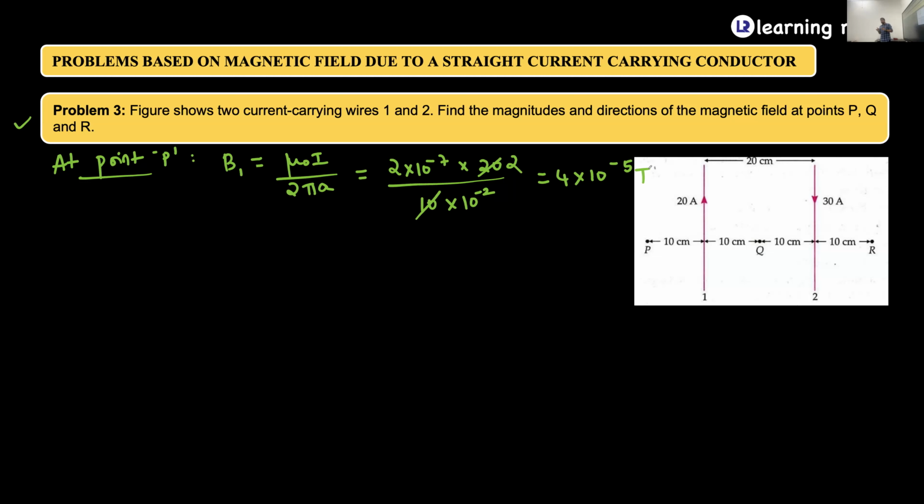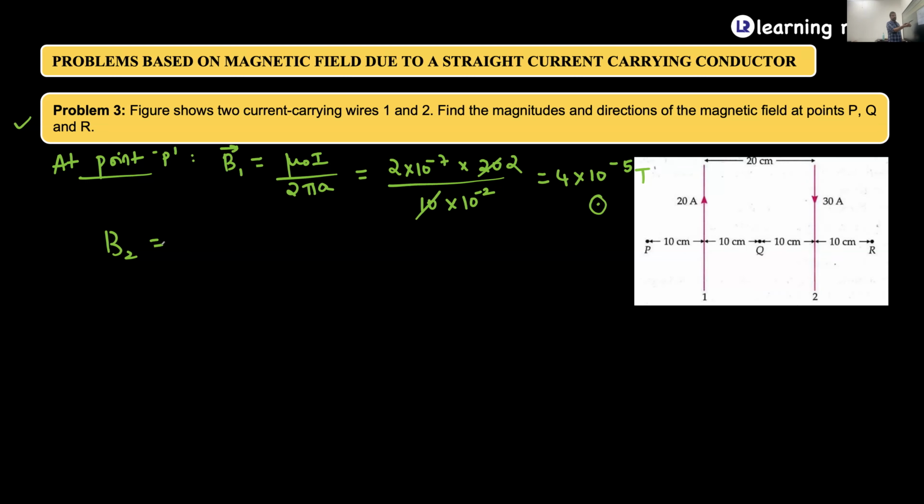What I do is, I always first find the magnitude, then I find the direction. So for direction, I'll put an arrow mark on top of this. So what is going to be the direction? It is going to be out of the plane. By using the right hand thumb rule, we understood that it is going to be out of the plane at point P. Right. Now, if I take B2,